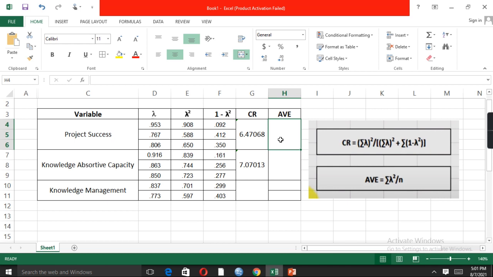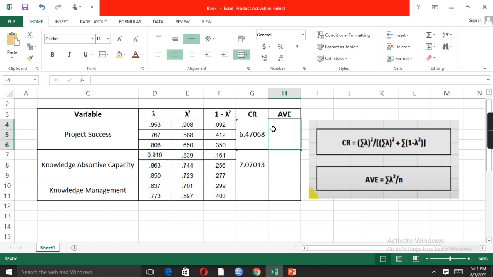So how do we calculate the value of AVE? The value of AVE is very simple. The formula is AVE is equal to summation lambda squared divided by n. So what should we do? Similarly, we select the value of lambda squared.